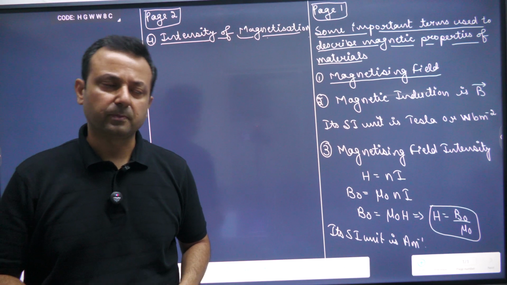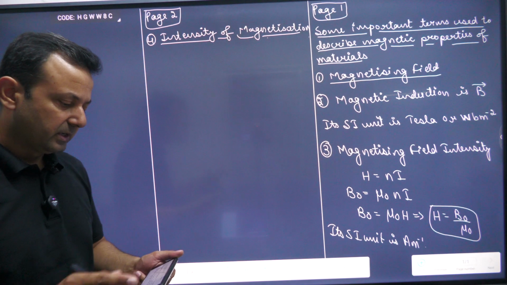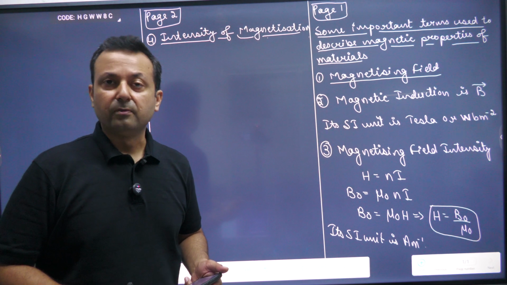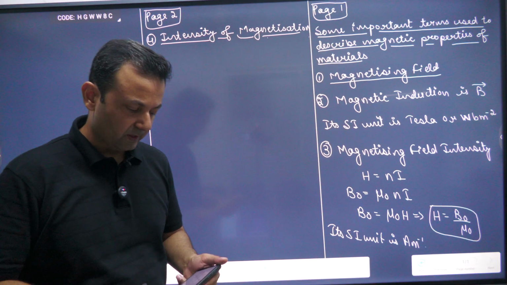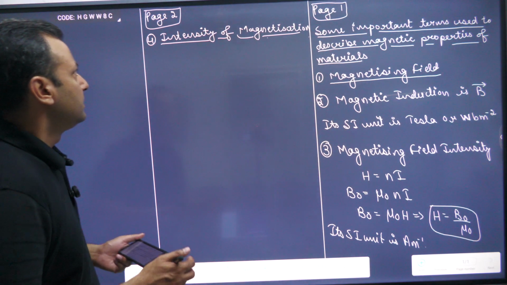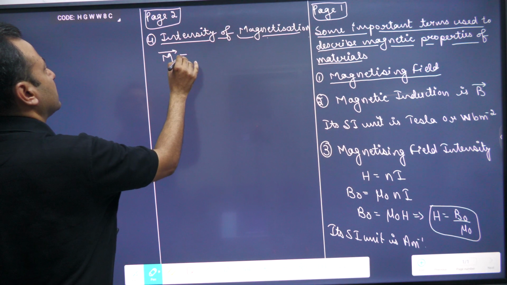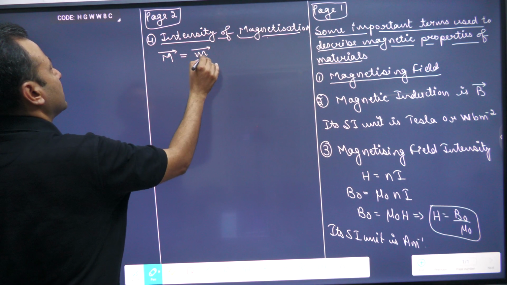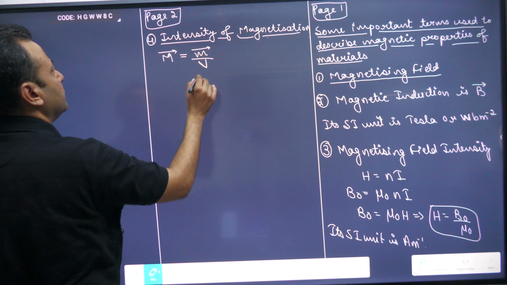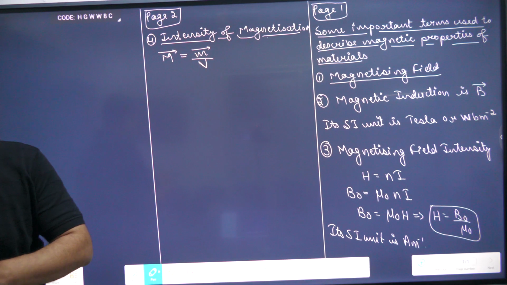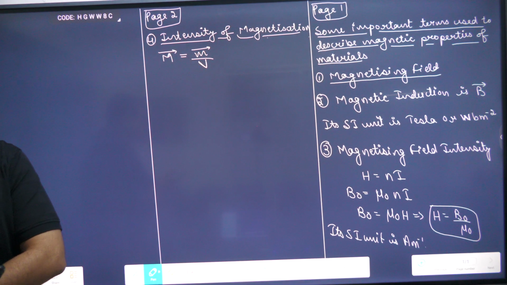intensity of magnetization. I repeat it, the magnetic moment developed per unit volume of a material when placed in a magnetizing field is called intensity of magnetization, and it is given by capital M vector. So capital M vector is equal to small m vector upon V, where V is volume. So magnetic moment per unit volume. Now, capital M is equal to